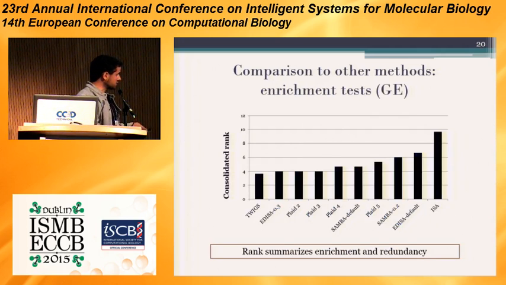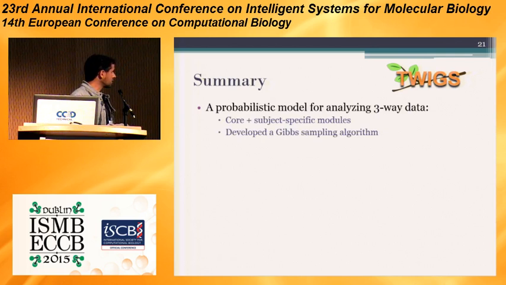We have also, in the gene expression case, compared methods based on the enrichment analysis, and here we also compared to standard bi-clustering methods just to see how we perform. We rank all methods based on the number of enrichments that you get and the redundancy, and again, our algorithm was ranked number one. So to summarize, I've shown you a definition of what is a module in 3-way data,